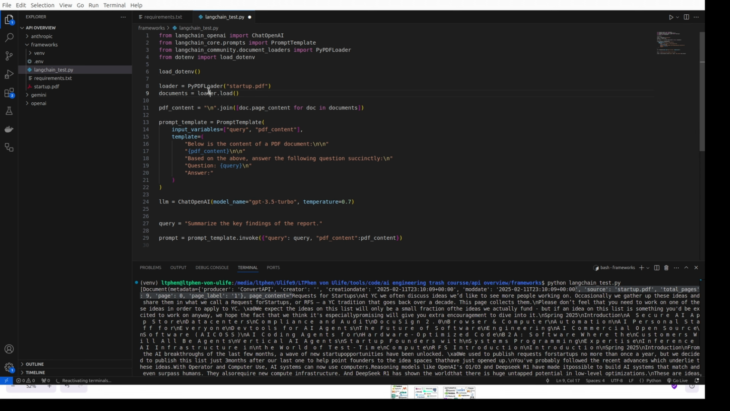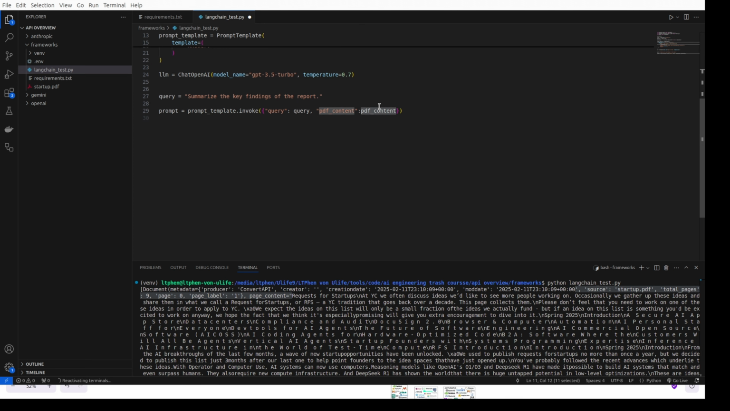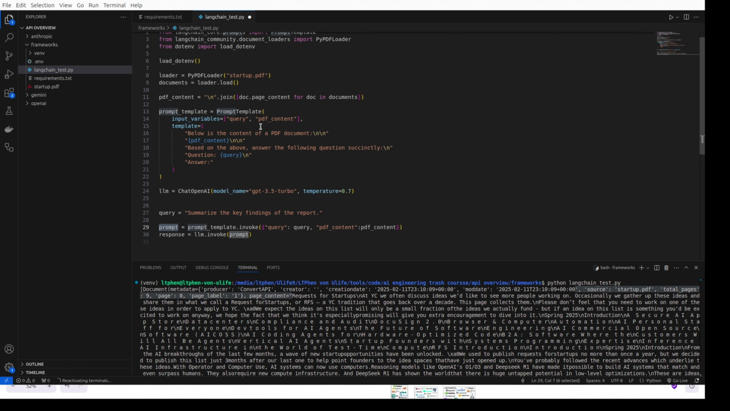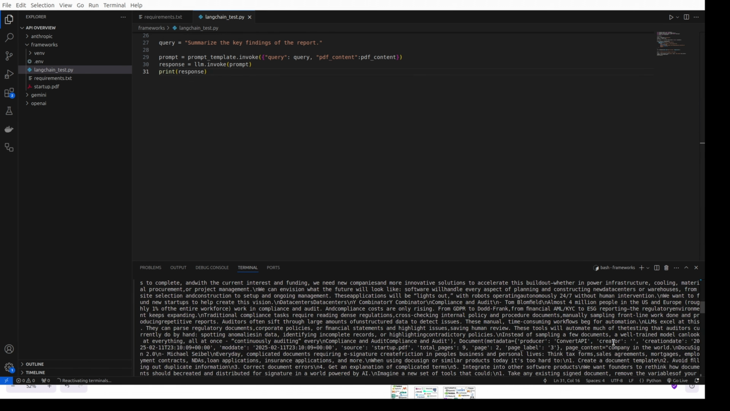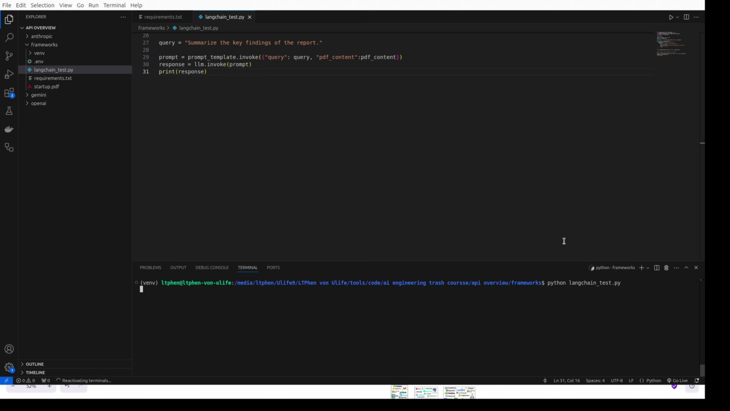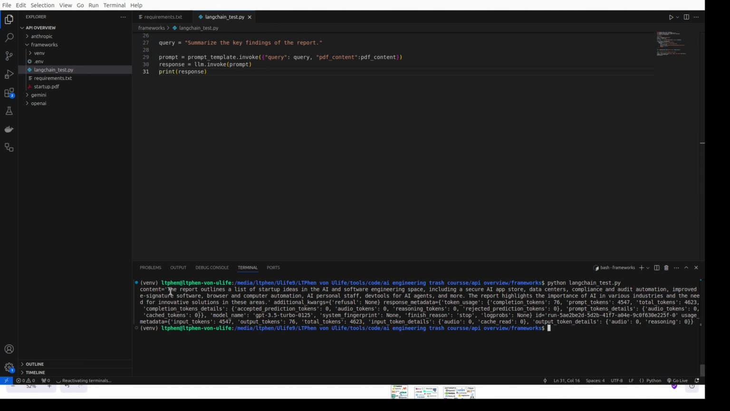So how do we send it to the LLM? We do llm.invoke and we pass the prompt, which will have this variable replaced already and this variable replaced as well. And after, we just print the response. So if I clear this and run it again, it's taking some time, and you will see the response from the AI here. The report outlined a list of startups in the AI and software engineering space, including Secure AI App Store, data center, compliance, and audit. So this is a good summary of the document,